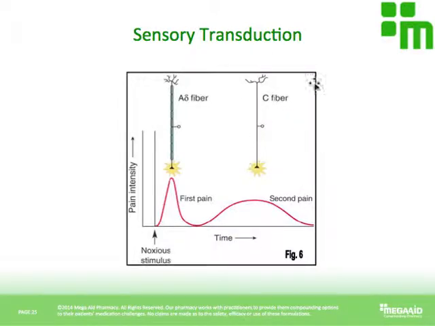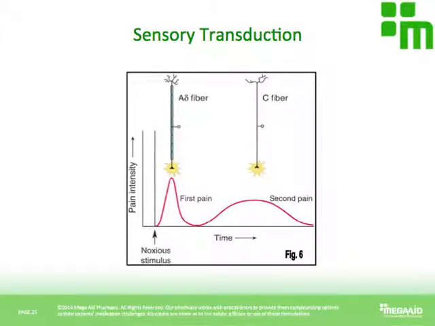And then C fibers, these transmit the signals more slowly because they don't have that myelin sheath or that myelin coat. So they are going to be the ones responsible for that feeling of secondary pain, or that dull, achy after-feeling that you have after you injure yourself. So the first pain is very sharp, immediately unpleasant, but then the second pain comes on and it's that dull,